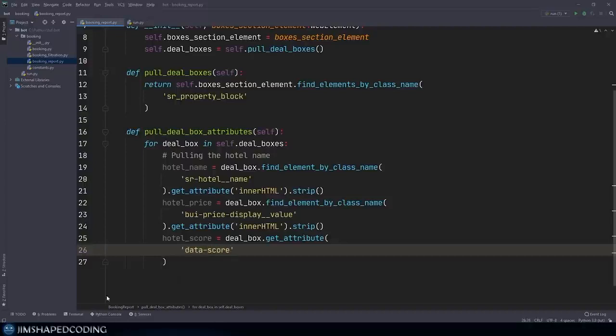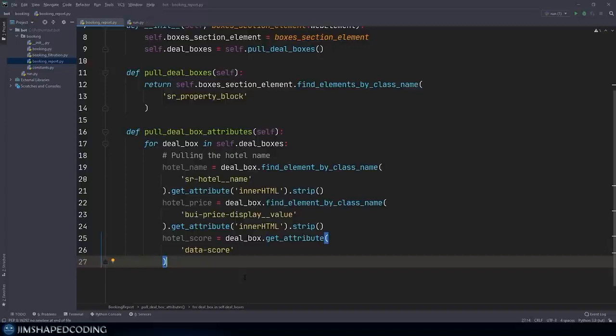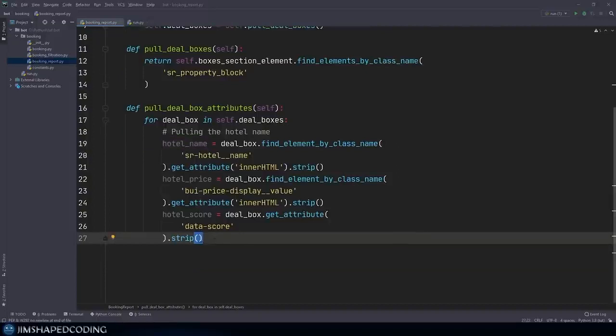It means that if we were to pull only the value of this attribute, then we are going to receive back the hotel score on a scale of 10. So a hotel score could be 8.5, 9.1, 9.5, and so on. And now that I have done this, I'd like to clean the white spaces again. So just for safety, I'm going to add dot strip like we did previously with price and hotel name. Alright, so now that we have a name, price, and score for each one of the deal boxes,